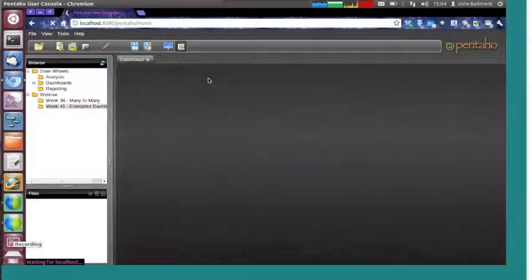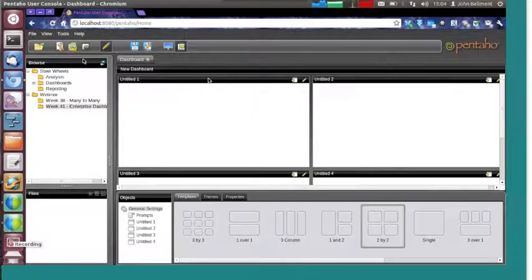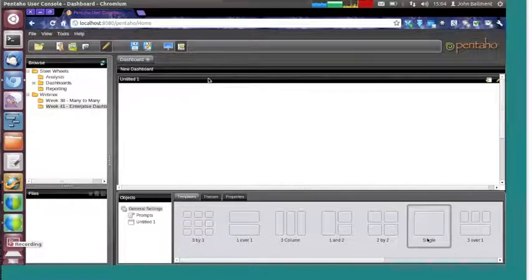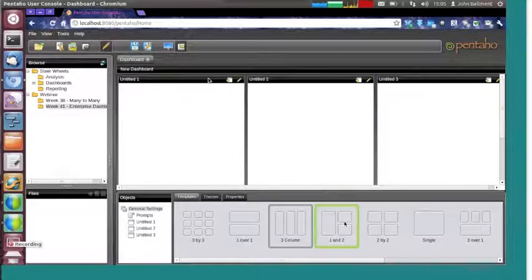Now there are several different components to the Dashboard Designer screen. This is the canvas here, and in the canvas you've got multiple panels. So this is a standard 2-on-2 panel. Down the bottom here you can select from multiple different templates to build your dashboard from. So you can have one single report inside your dashboard, or 3 columns, or